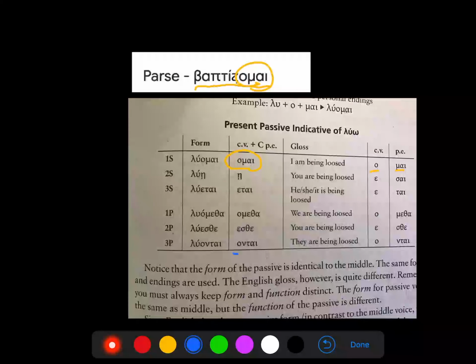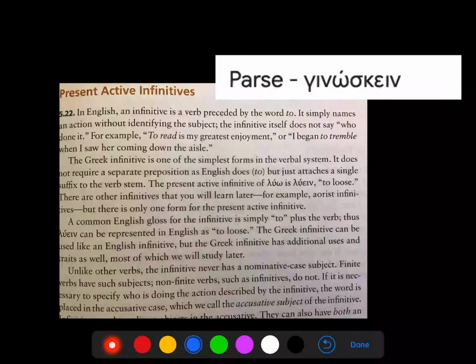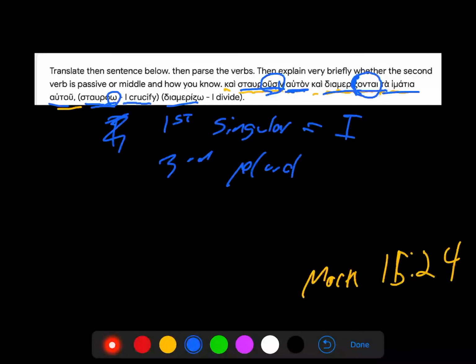Pretty easy for us to see. We're dealing with that ending there. But it could be middle or it could be passive. Remember, the middle is going to emphasize that the subject doing the action is performing that action and it has a particular effect upon them. So often verbs that talk about thinking would be middle, not passive. And that is because when you're thinking, you are actually doing something to yourself as well, right?